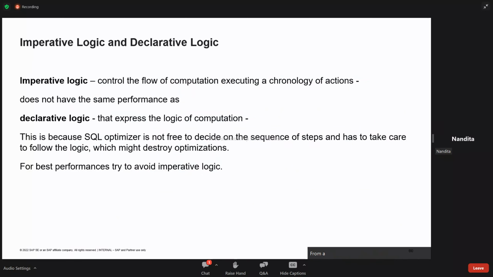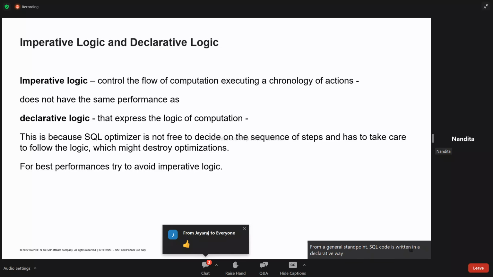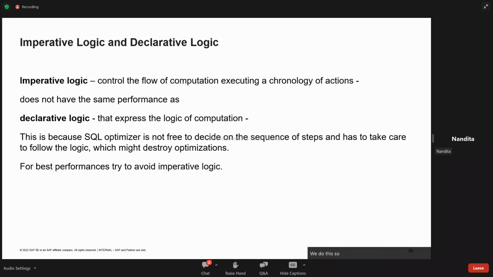From a general standpoint, SQL code is written in a declarative way. This means that you state the intent of the action and do not specify how the data processing step should be executed in a particular order. We do this so that you allow the SQL Optimizer to figure out the best execution plan based on many dynamic